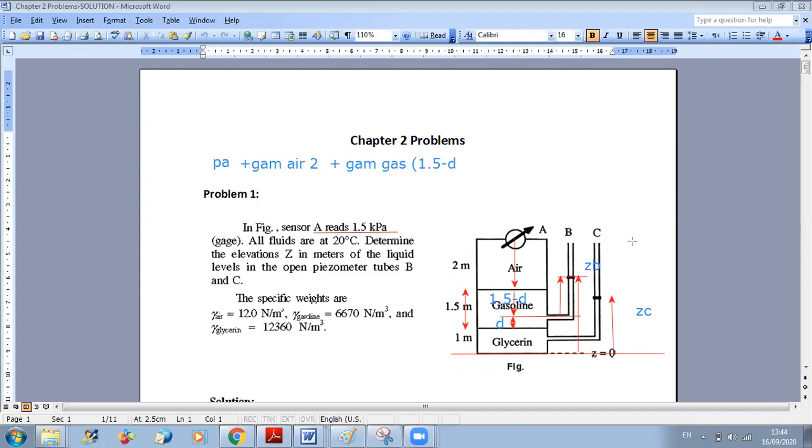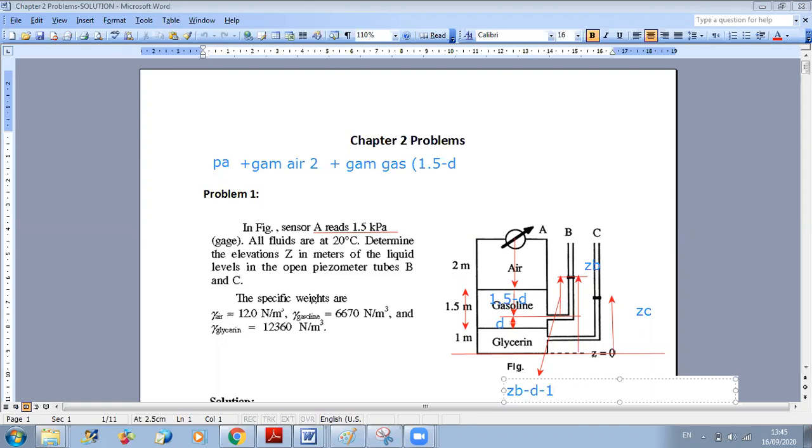Z minus D. Z minus D. Only minus D? Oh, no, sorry. Z minus D plus 1. Yes, very good. So this distance that I am going up is, I will write it here down. This distance is Z of B, Z of point B, minus D